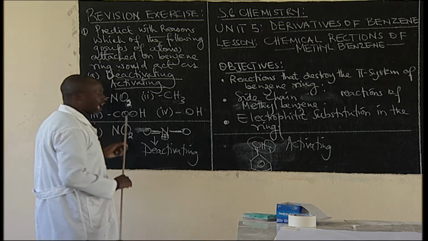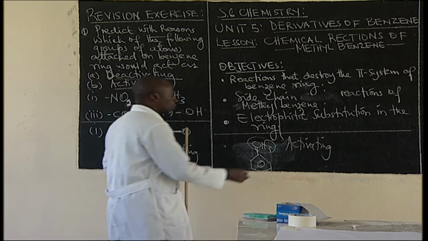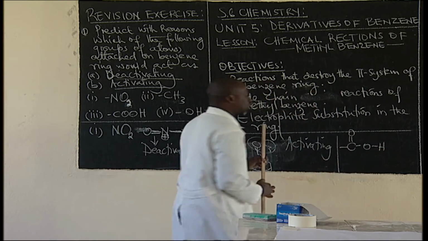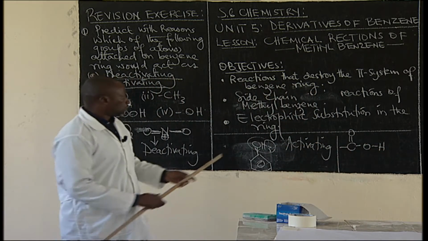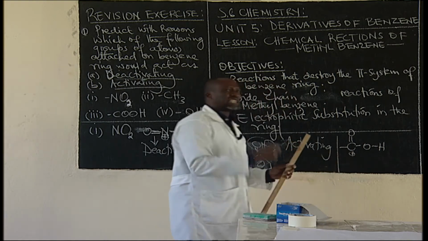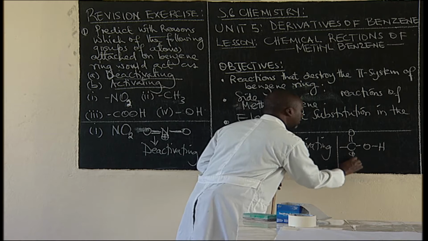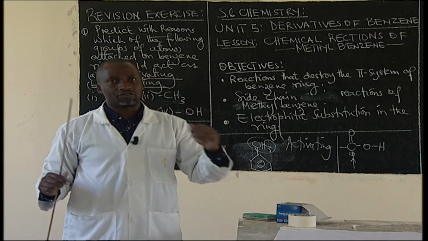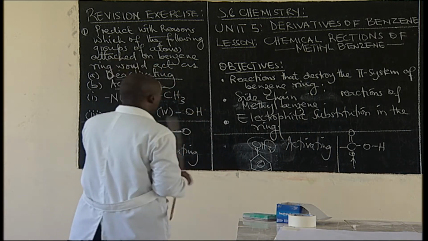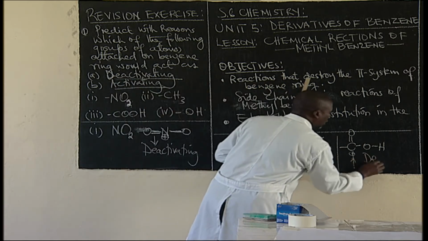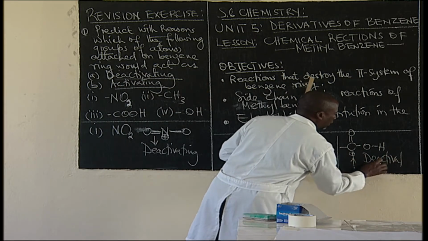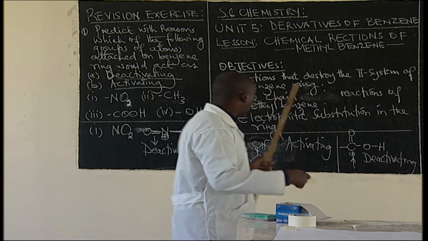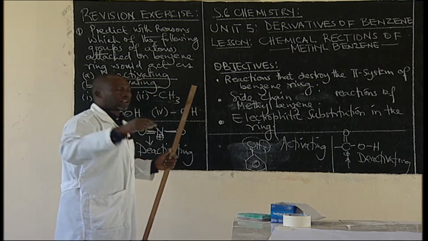Look at this one. This is a carboxylic group. This is the structure of the carboxylic group. So it is also unsaturated. This one will form a positive charge, and therefore electrons will tend to move from the benzene ring. So they get out of the ring. And that is why you say this one is deactivating. Deactivating group. So it reduces the electron density, or the reactivity of the benzene ring towards the